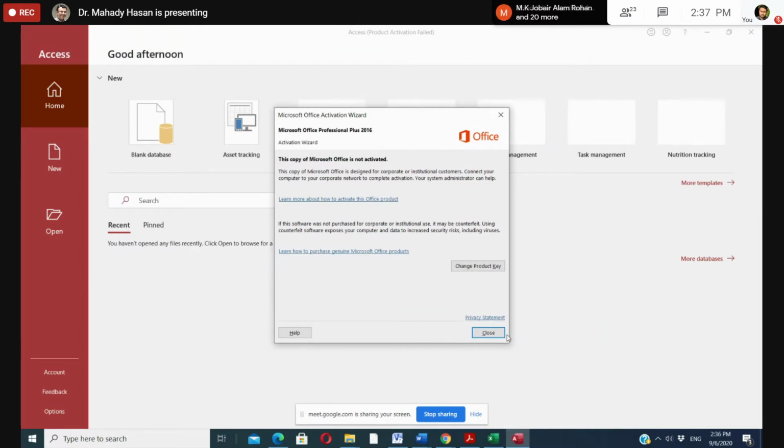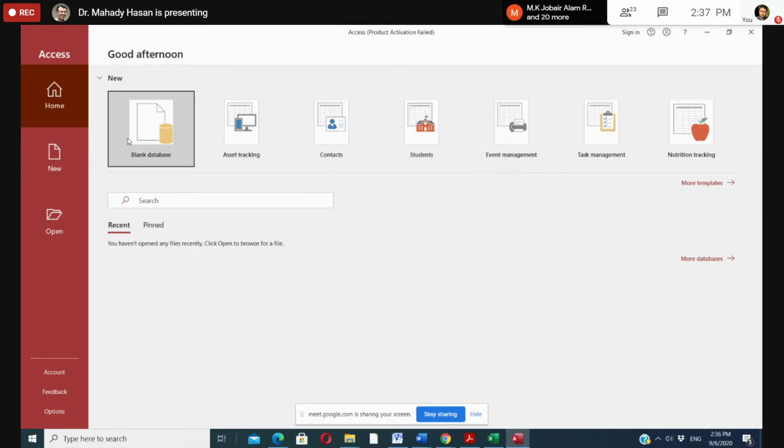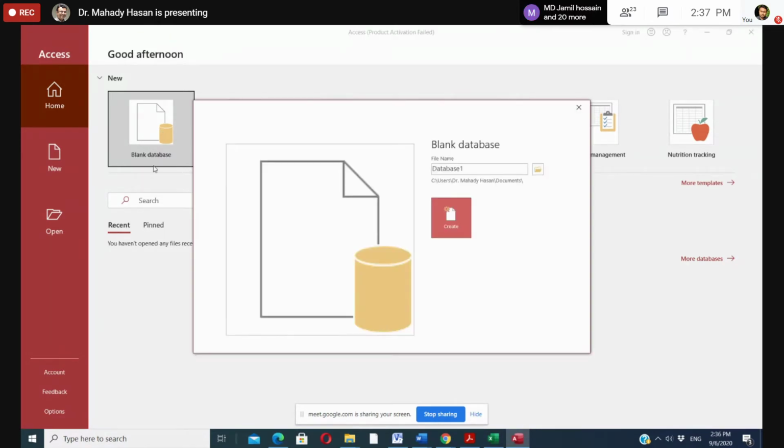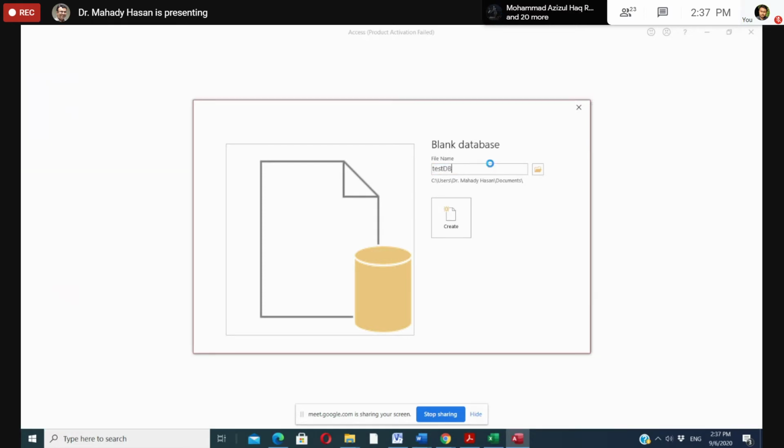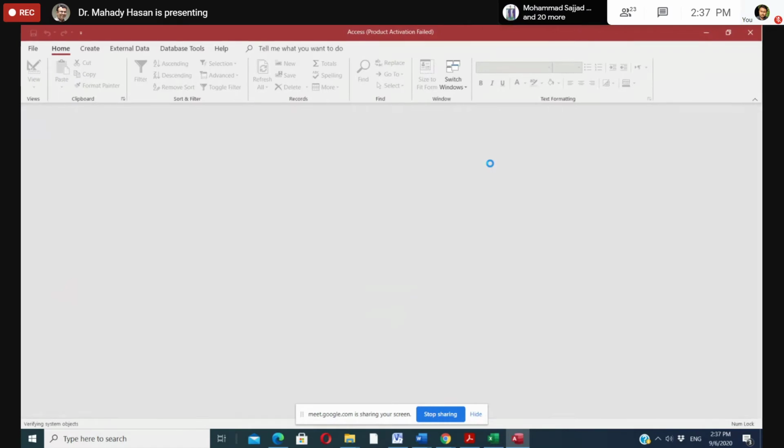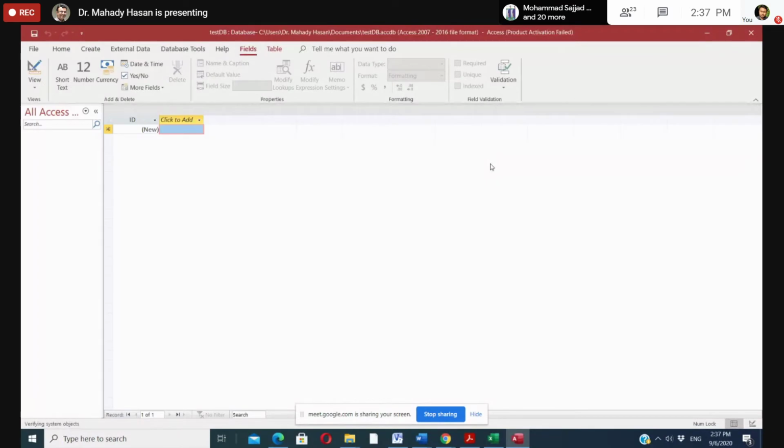So I think you can see how I am working. I am selecting the blank database. The name of the database is database 1, or I can simply say this is the test DB.